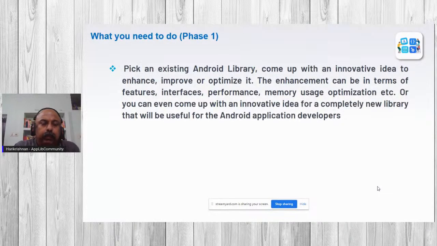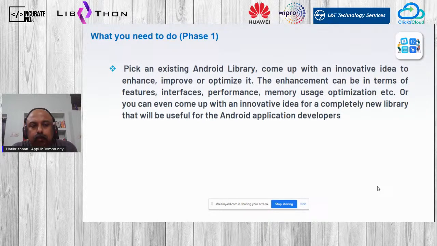To give a little more input, as I said, we have organized this hackathon into different phases. Phase one is the entry gate. If you are wondering what you need to do for phase one, you need to pick an existing library. You can take the Android platform as a reference and pick any existing Android library.